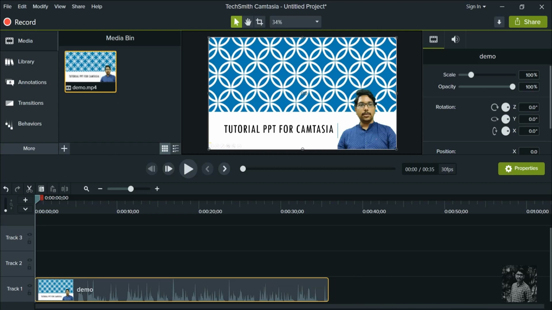Now to do any sort of editing in the timeline, the only thing you need to keep checking is the time on the horizontal bar, time on this header bar. Okay, over which I am having the time 0 seconds, 10 seconds, 20 seconds, 30 seconds, and the video is up to 35 seconds almost. Okay, so by looking at the time itself, we'll be doing all the editing part.